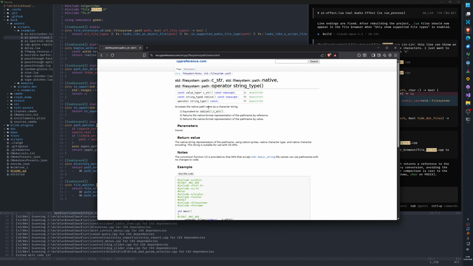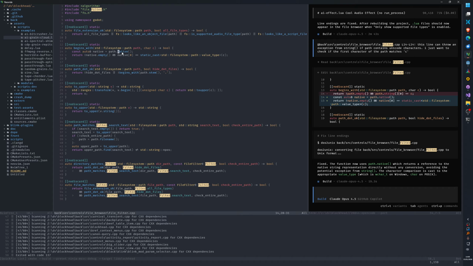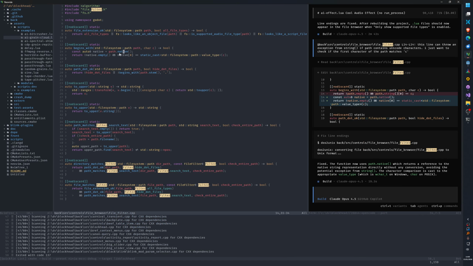Accesses a native path name as a character string. Native format representation of the path name. Right. So I understand what that is. On Windows, it's going to be wide char or the 16-byte, whatever. Oh, right, yeah, static cast to the native type. Okay.